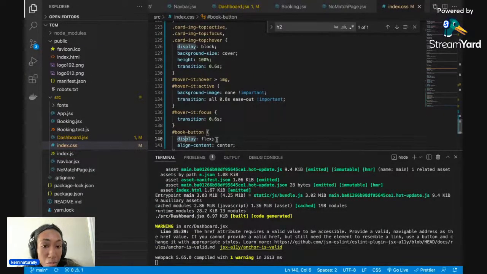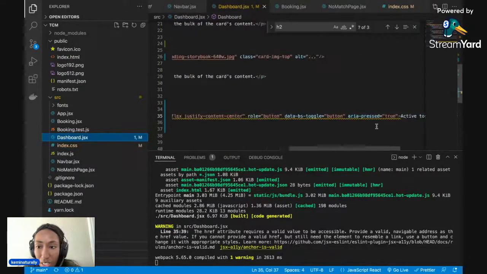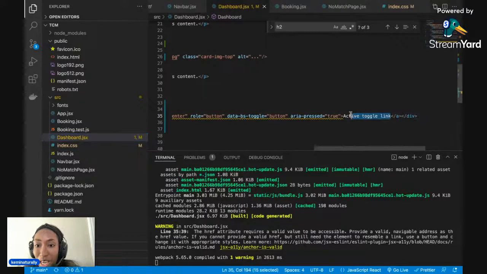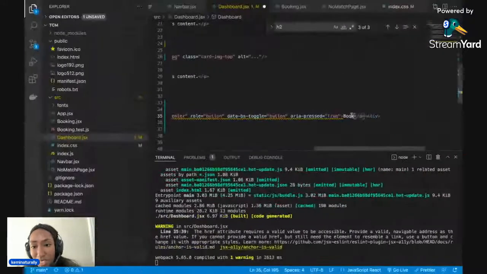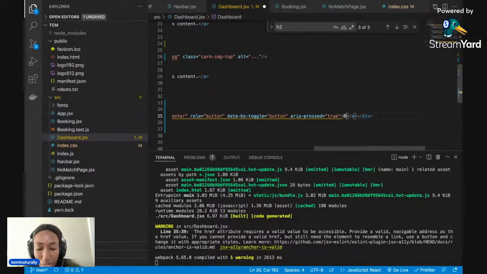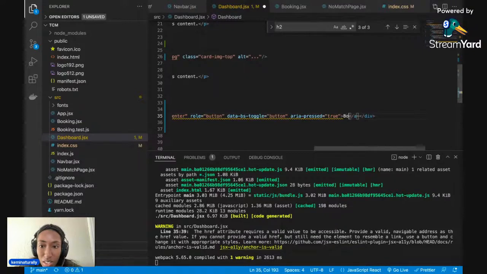So this is what I call the book button, right? Because you're gonna book. I can change this. Obviously, I don't want it to say activate toggle. I want it to say book with us, be with our company, yay. They say book appointment. That's more classier. And I'm gonna make it all caps. I'll just demonstrate that so that anyone that is unfamiliar can see. I don't have to do it like this. So I can do book appointment